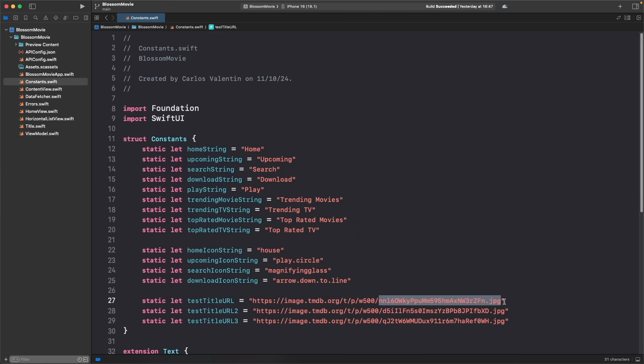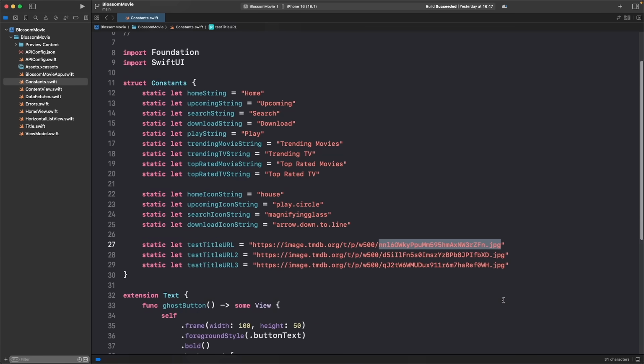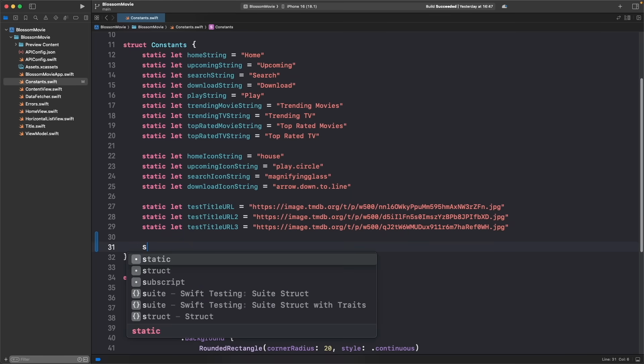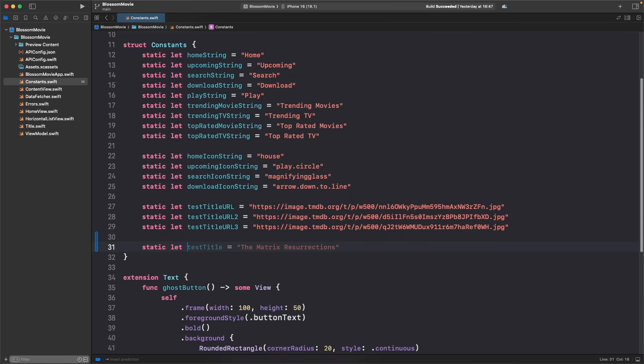To display the full image, we need to add the URL beginning part ourselves. We're going to create this in-out function inside our constants file. Let's first define the poster path beginning. I'll scroll down. I'll also make some room after test title URL 3. Type static let posterURLStart